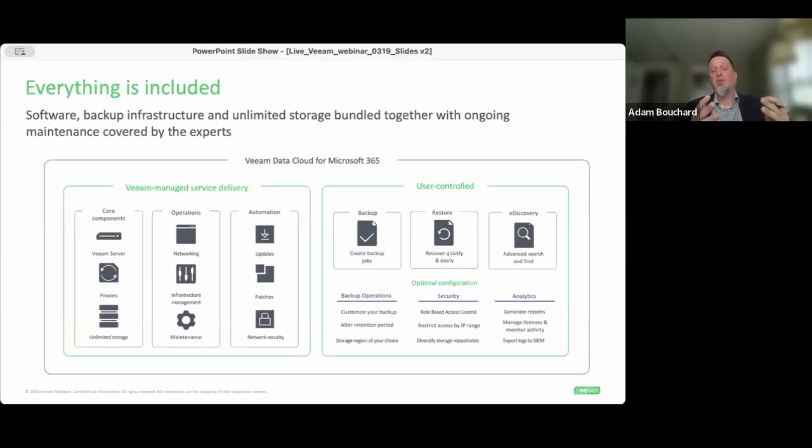But okay, great. What happens when that data does get backed up? Now what can we do with it? You said, does it sit there? What manages it? Here at Veeam Data Cloud, you can see on the user controlled side, or what we like to call our nerd knobs you get to turn. This is where each institution gets the opportunity to really guide their backup and data resiliency journey for M365 to exactly what their business needs are.